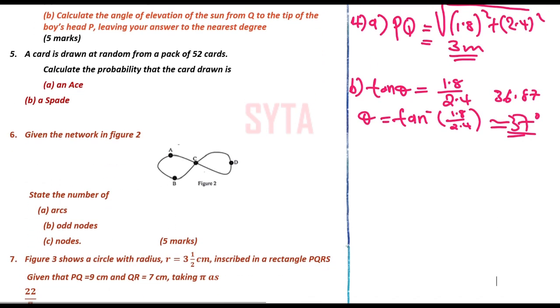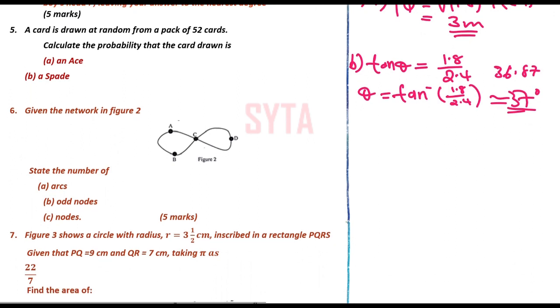I hope you are following keenly. Question 5. A card is drawn at random from a pack of 52 playing cards. Calculate the probability that the card drawn is, for example, A. We are calculating the probability of an ace. So what you need to recall, this is question number 5, is that in a set of playing